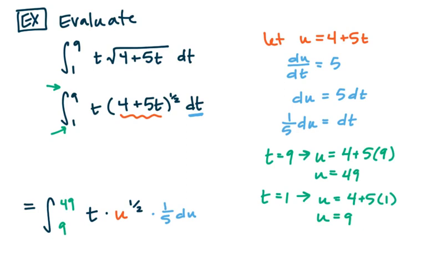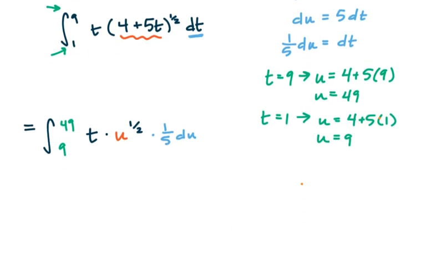Well, what if I take the way I defined u and I rearrange it and say t would equal u minus 4 divided by 5, or 1/5 of u minus 4. So I'm going to use that substitution, 1/5 of the quantity u minus 4,